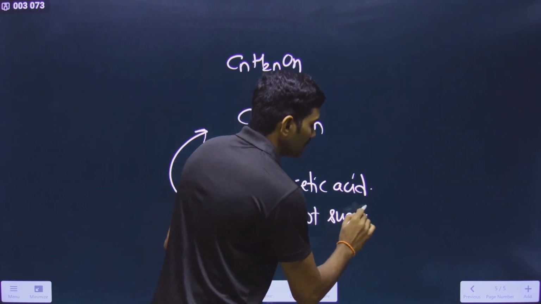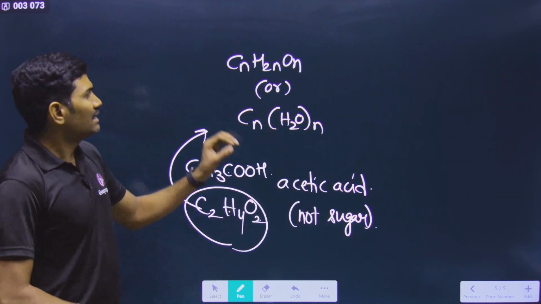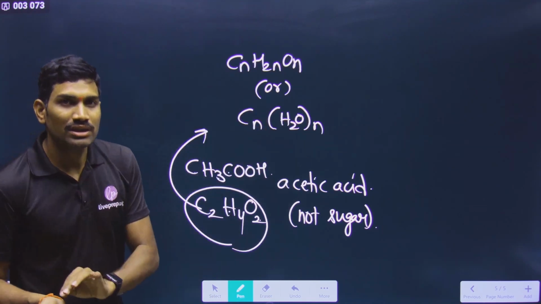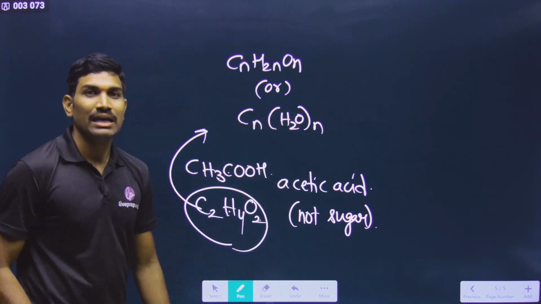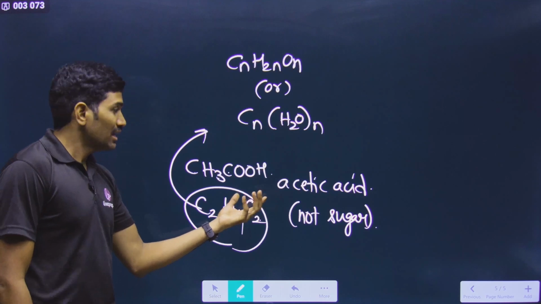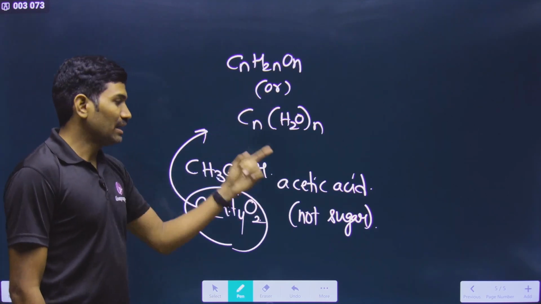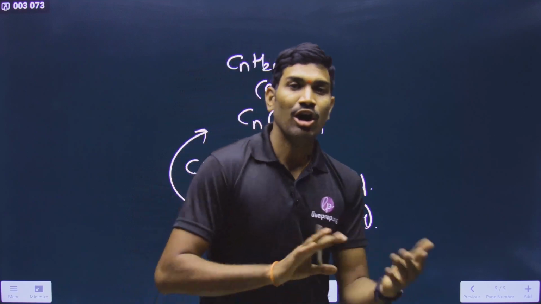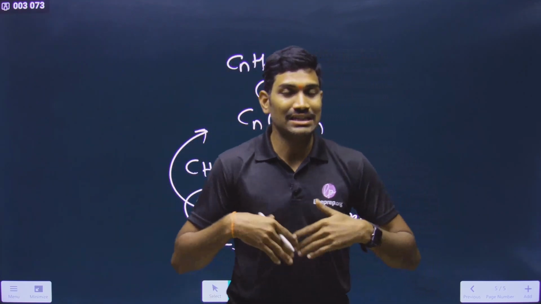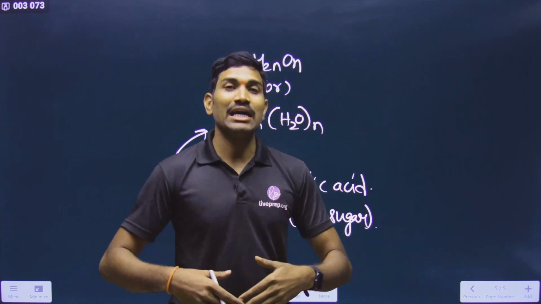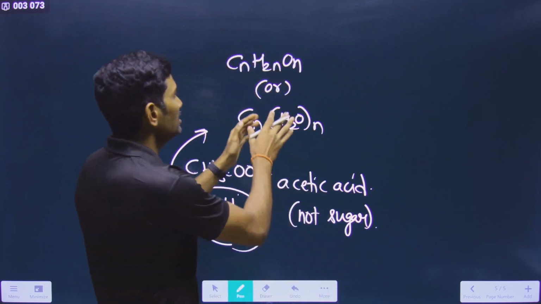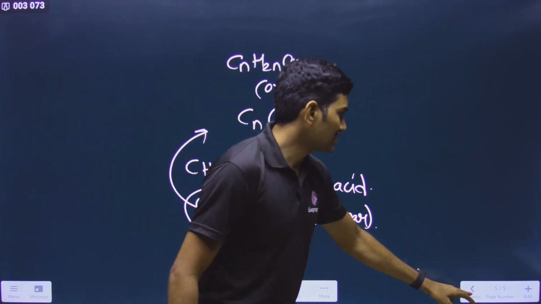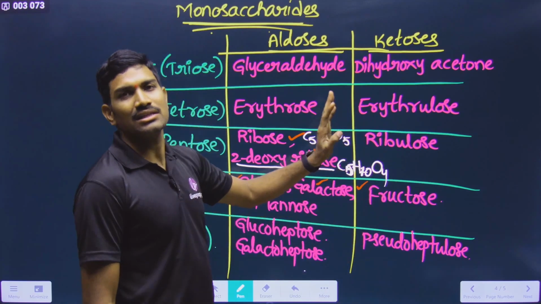Please observe carefully. In this way, even though we are using this generalized formula, some sugars are not following this formula, and some molecules, even though they are following this formula, they are not sugars. So in this way, exceptions are there on both sides. That's why we are saying, the majority of the sugars are following this particular formula. This is the better word. Okay, so that's why we are saying like this. So in this way, these are the molecules.